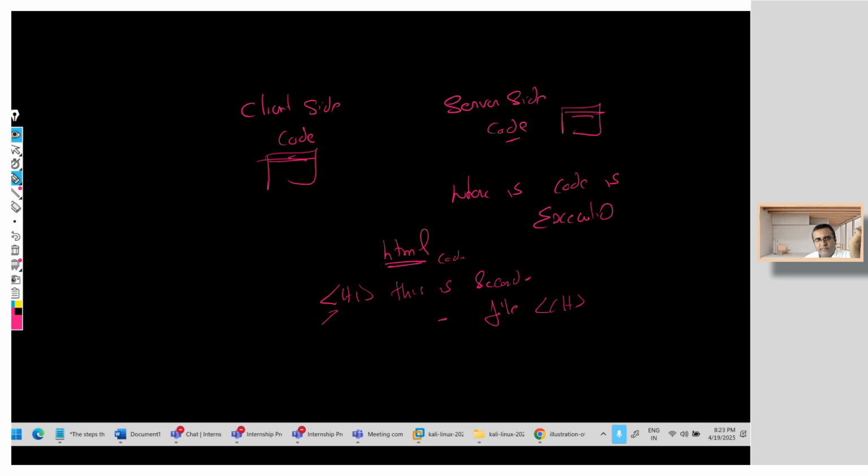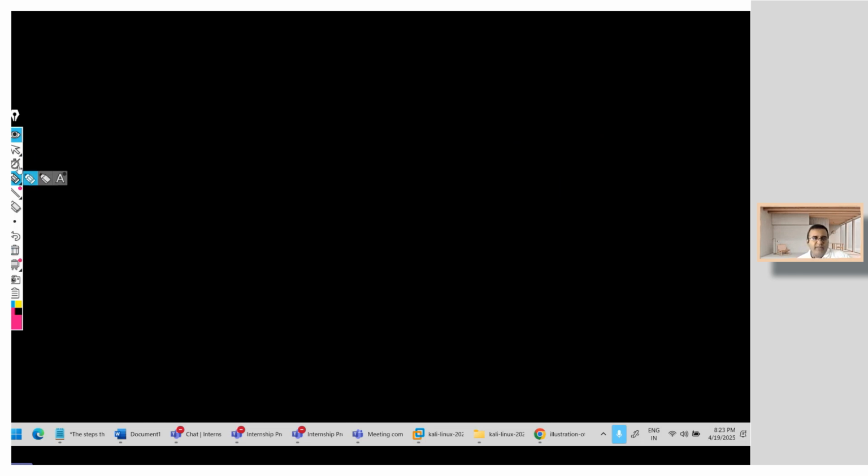On the client side? Exactly, right? This is getting executed on the client side. And the server side code is different. To give an example of what I mean by client side code, let's say,